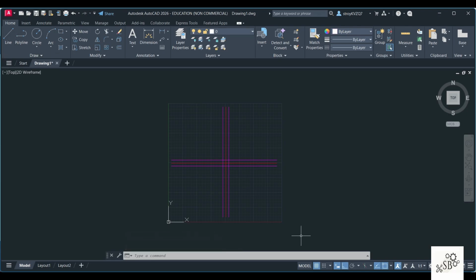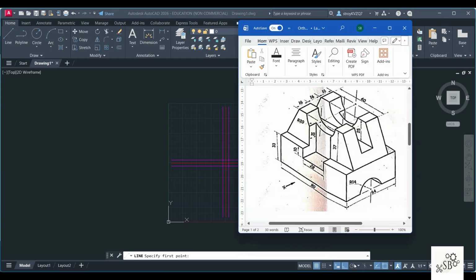So we will choose 0 line. Go to line option. Now if you see this drawing from the front, you can see this total line of 90, this vertical height of 33, this depth is 10 and this distance is 28 and this is 90. So the remaining distance is 62. If you divide by half, this is 31 and 31 each. So this is also something you can see from the front end.